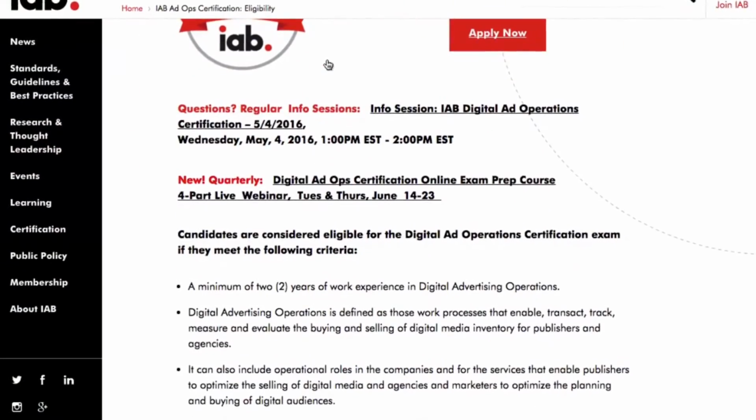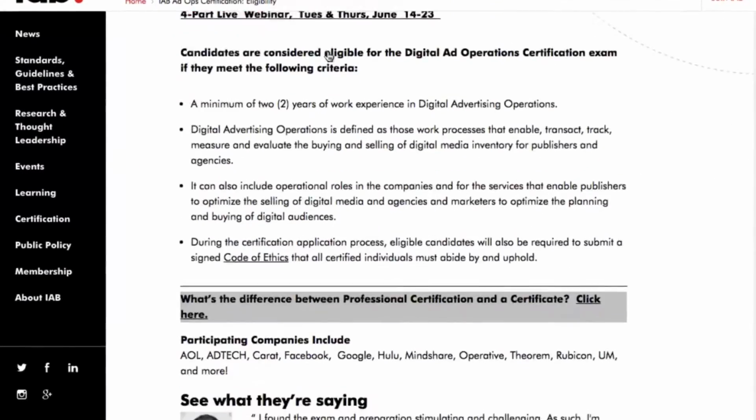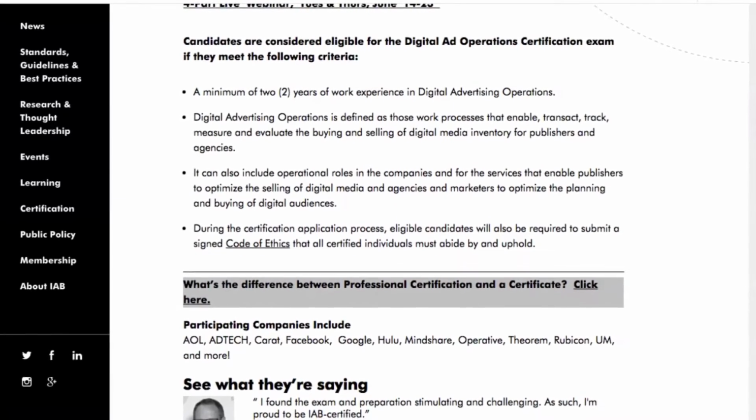We have a pretty good mix of agency side ad operations people and publisher side and application providers. So we kind of run the full gamut. There's a good cross-pollination. And then we also have people that are peripherally associated with ad operations. For instance, somebody involved in business operations on the digital side who may be executing contracts that are going to have a significant impact on digital media and ad operations. We're getting people who are just starting within the organization right up through people who are in the C-suite and senior positions who really want to expand their knowledge about what's going on throughout different departments.